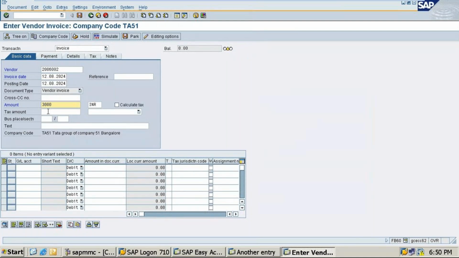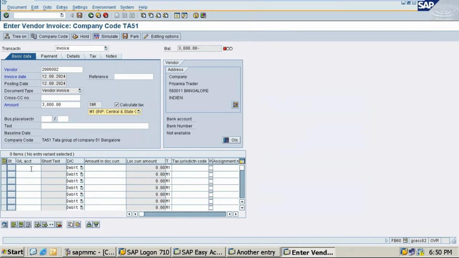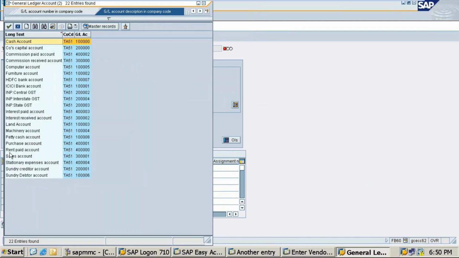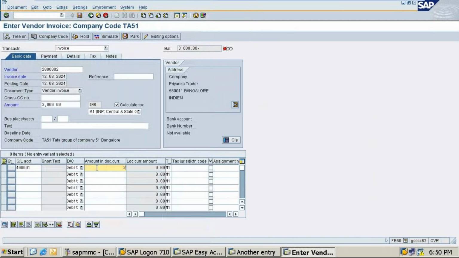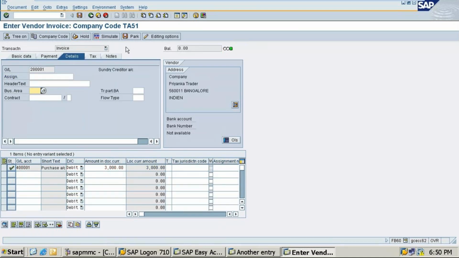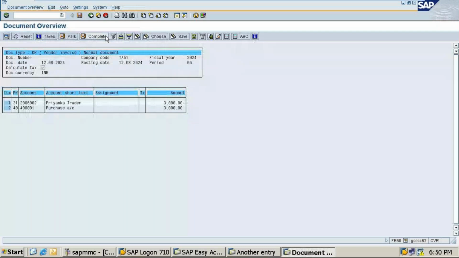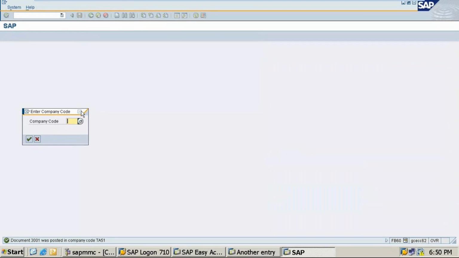If it is not created, we can check for the customers. It is posted, students. It is posted.